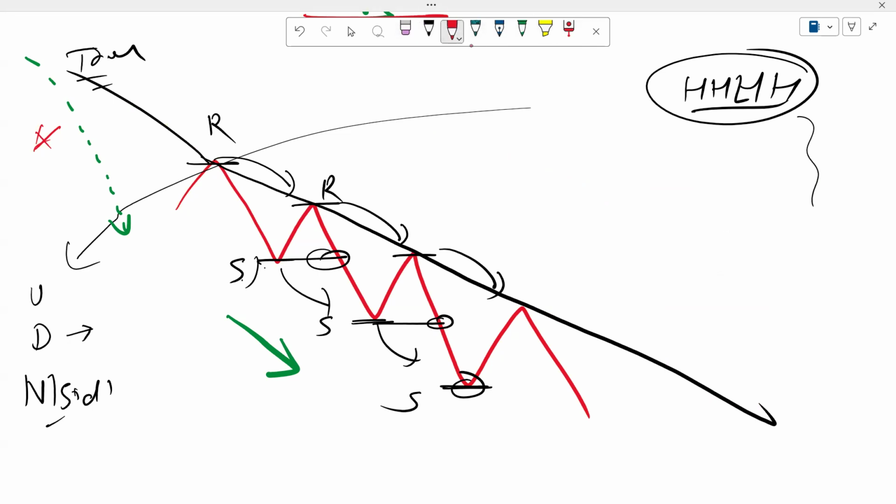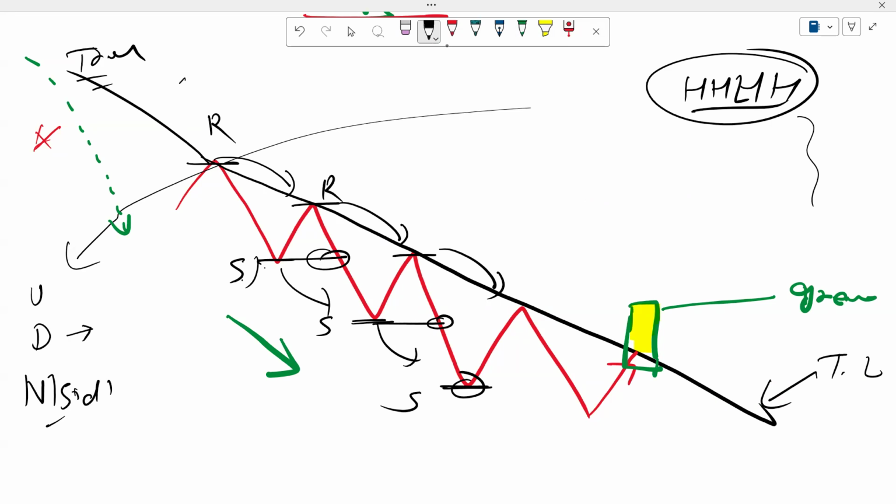and what you see when you join the highs, the market is coming here, and here you see the breakout candle, and your breakout candle will look like this. It will be a green candle, right? It will be a green Marubozu type candle, which has the majority of its area above the trend line. This is your trend line. So this is your breakout. You can say that this downtrend is over, and you can see a new uptrend,